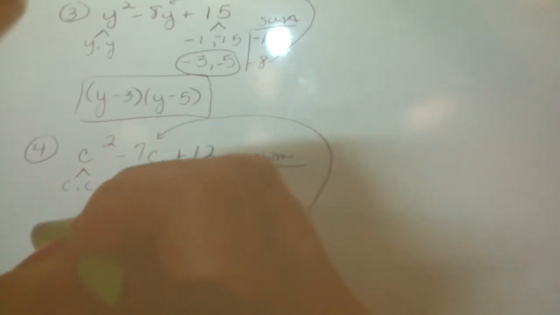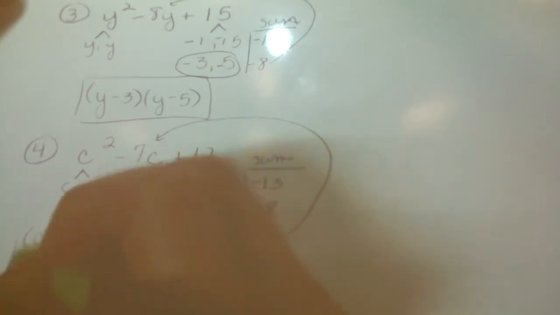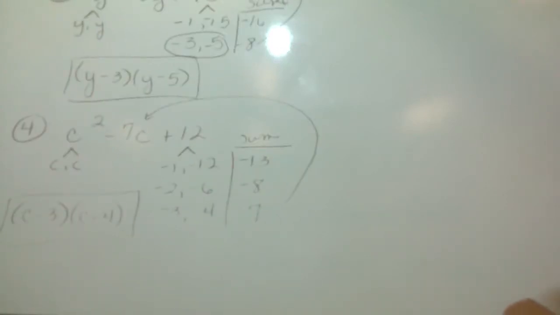Let's take the sum. I'm getting negative 13, negative 8, negative 7. So I've got c minus 3 and c minus 4. So we've taken a look at two problems where they're both positive. We've done two problems where they're both negative. Now the next group of problems we're going to do,